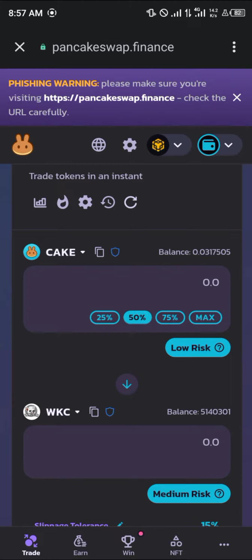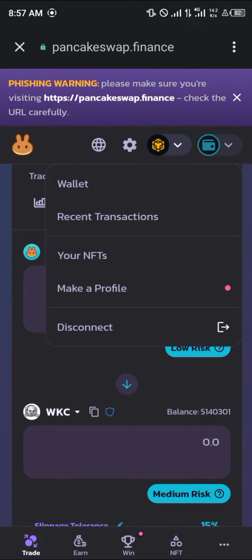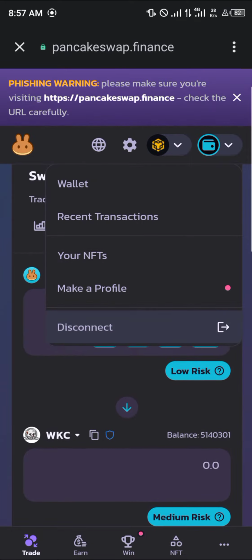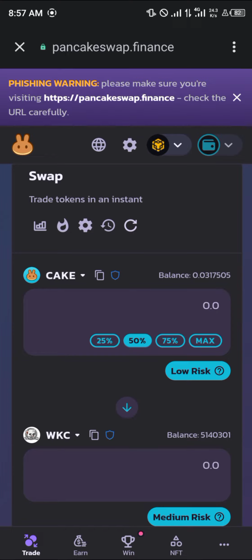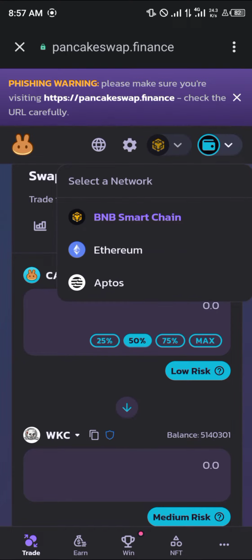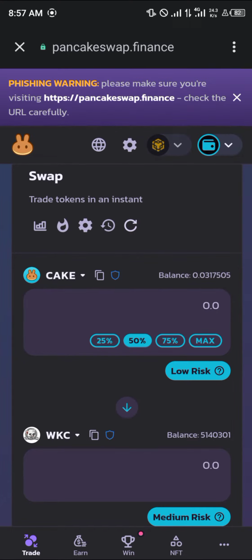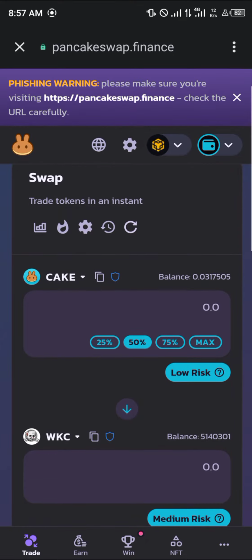Our next step is to make sure our wallet is connected to ensure that our transaction is completed and it's deposited in our wallet. So once you see the disconnect option, it means your wallet is currently connected. Otherwise, you manually connect. Make sure you're on the BNB Smart Chain network as well. Our next step is to simply click on